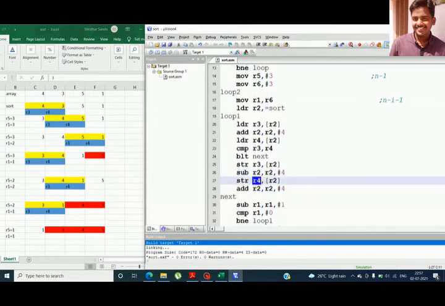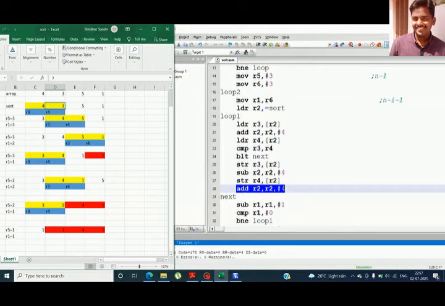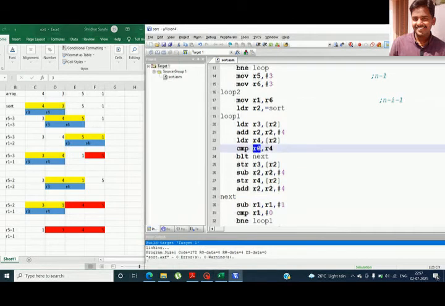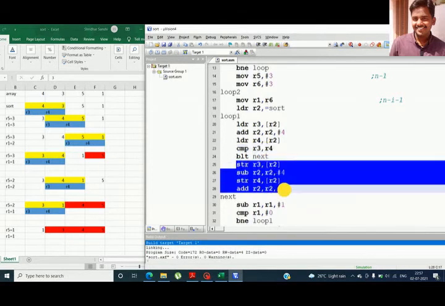Then I increment by 4 again so that it points to the second memory location. So this will happen only when R3 is greater than R4. If it is less than, then swapping will not take place, okay.